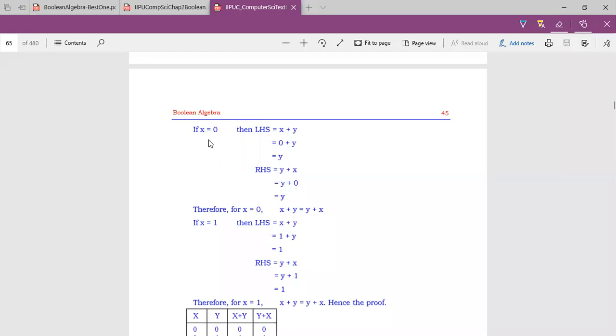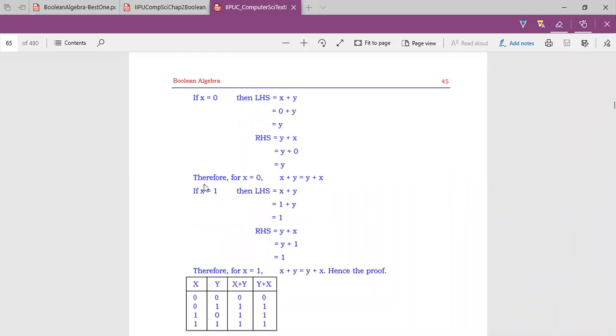That means, look here, if x is 0, in the LHS we are getting x plus y is 0 plus y is equal to y, correct? In the RHS also we are getting y, like y plus x is equal to y plus 0, x is 0, y plus 0 is y. So therefore, for x is 0, we get x plus y is equal to y plus x. Here you observe that y is 0 is not substituted. Together also we can substitute. This is one way. In the two variables, only one variable is substituted at a time.